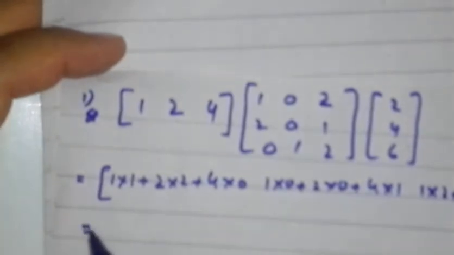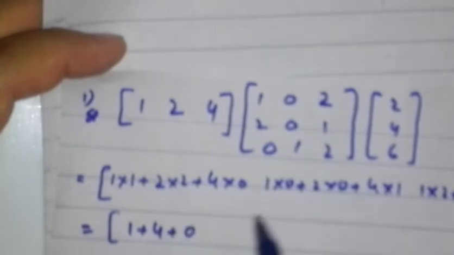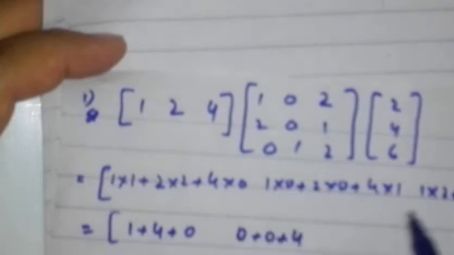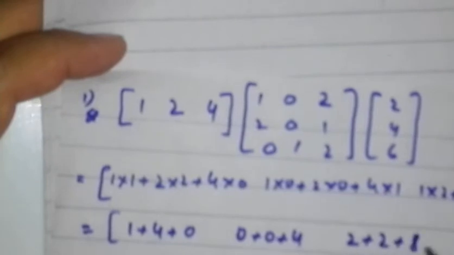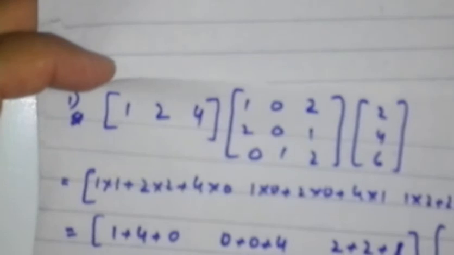1 multiplied by 1, 1, 2 2s are 4, 4 zeros are 0. Here 1 zeros are 0, 2 zeros are 0, 4 ones are 4. Here 1 2s are 2, 2 1s are 2, 2 4s are 8. Write this matrix 4, 2, 4, 6. Now